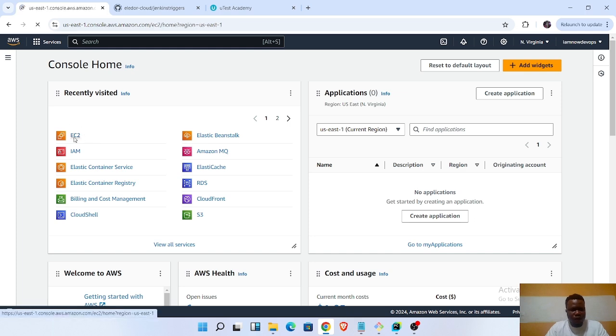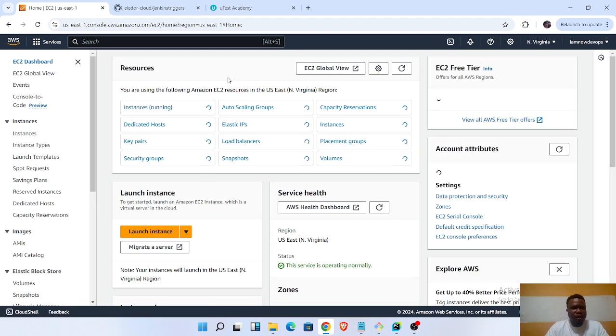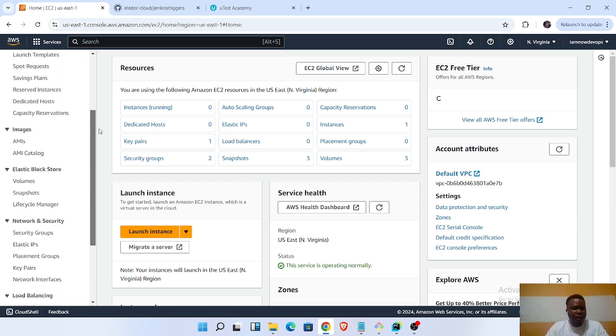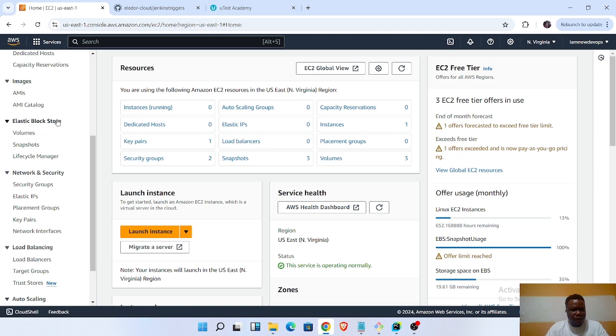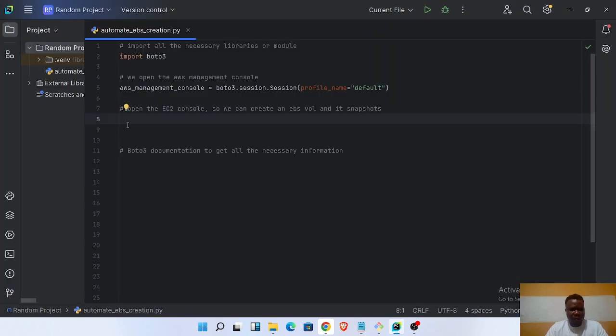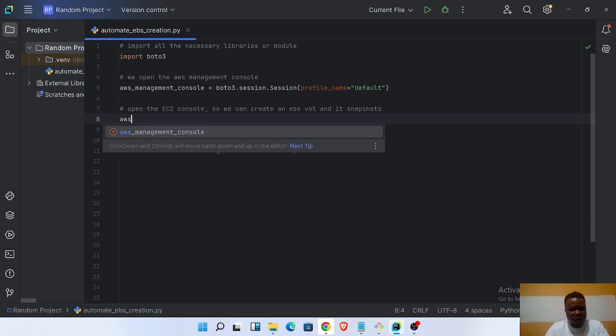when we click on this EC2 service to open the EC2 console, this other page will open, and it's in this EC2 service that we can create our elastic block store volume and its snapshot. So we also need to open this same EC2 console in our Python script, and for us to open it in our Python script, we will need our AWS management console. That's what we will need to open first. Then from the AWS management console, we can click the EC2 button to open the EC2 console. So in our Python script, we'll call the AWS management console that we have saved in this variable, the one that we have opened, dot client,